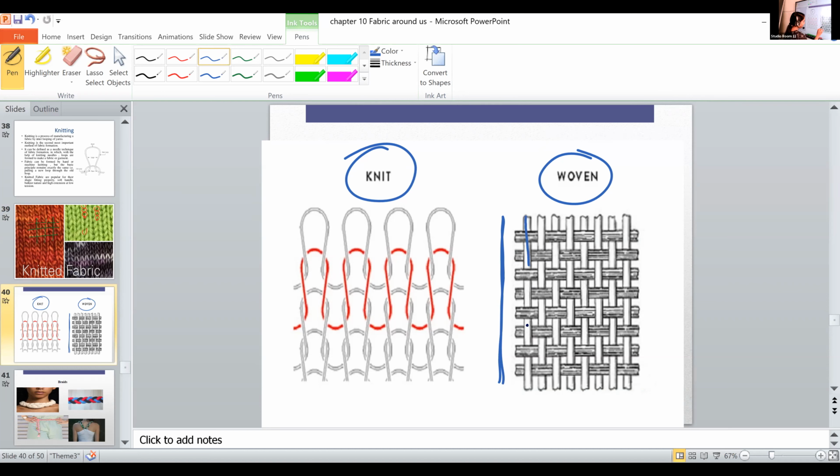So this is a warp yarn. In weaving, the weft yarn goes behind and comes to the front of the warp yarn, and again goes behind, comes to the front, goes behind, comes to the front, right? This is the weaving process. In knitting, you can see that this is one loop, and the other loop goes behind the first one, and each loop is connected and depends on the other. This is the main difference between weaving and knitting. In weaving, interlacing is there. In knitting, interlooping is there. Very good.